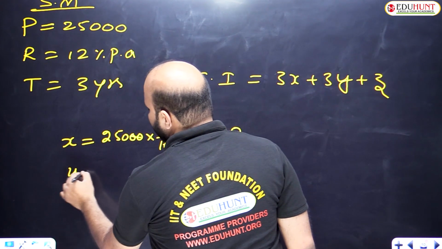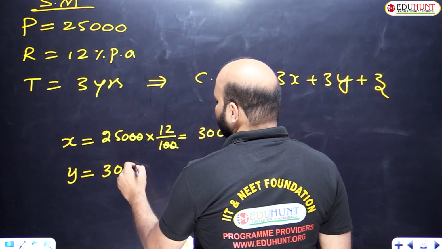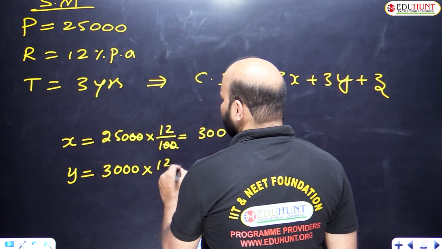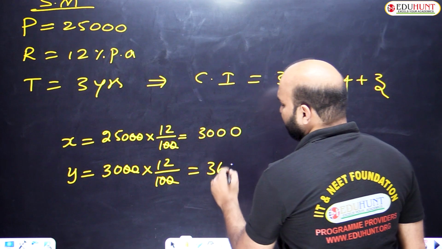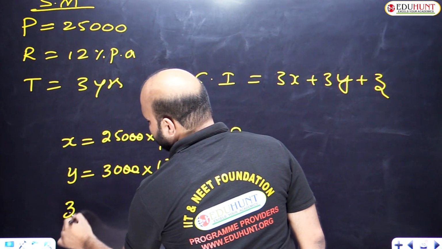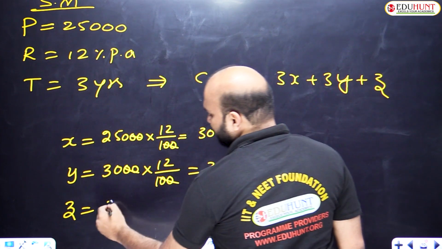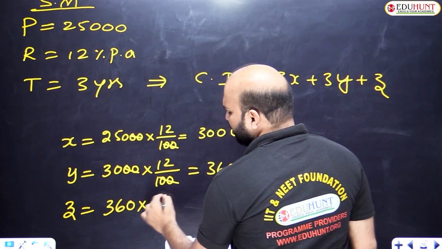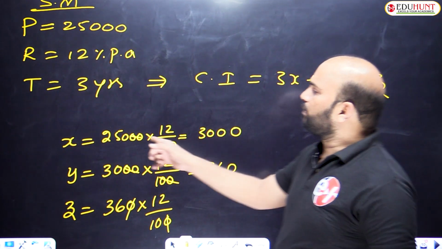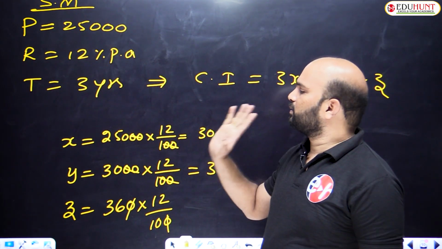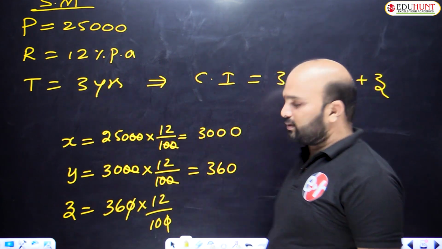And y value, how will we get y value? Again 12% of x value, already got 3000, again we have to calculate 12% value, 2020 cancel, 360, that is the y value. How will we get z value? Again 12% of y value. Previously we already got y value 360, again we have to calculate 12% value. Link very important. So 12% of principal is called x, again 12% of x is y, 12% of y is z. That is the logic.